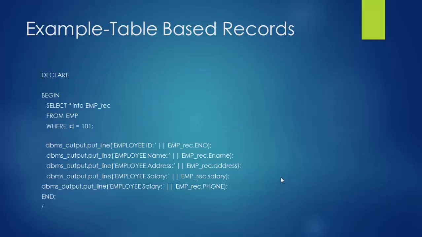Here in the code section, in the declare part, we have declared a variable called emp_rec of emp%ROWTYPE. Now here the %ROWTYPE is an attribute which is used to declare the record variable, and the record variable is emp_rec. Then we are finally selecting all the columns into this particular record variable in the begin section with the help of SELECT * INTO emp_rec FROM emp WHERE id = 101, and finally we are displaying the output with